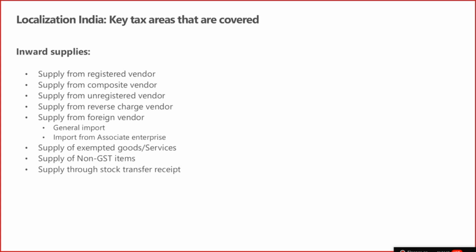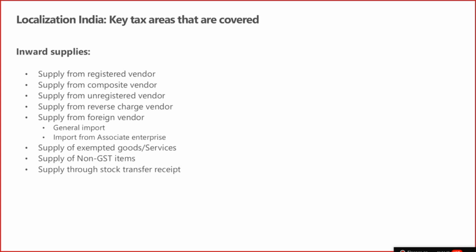Reverse charge, then you have GTA, you have lawyer services, all those services have a reverse charge mechanism. So that is also available. You have seen that. And in the settlement process, you can add one more column, a GTA column, in the rate setup, which will enable you to calculate the different tax rate. Even if the GTA vendor is an unregistered vendor,